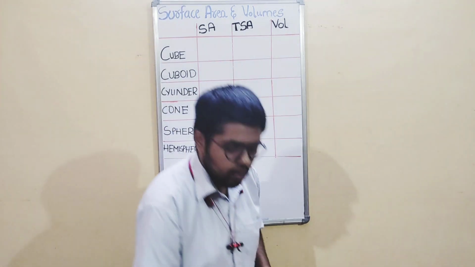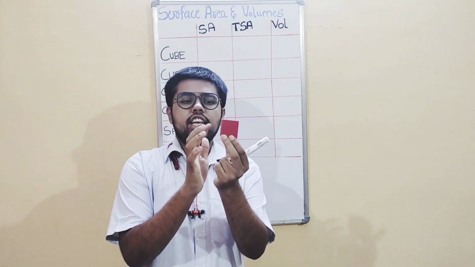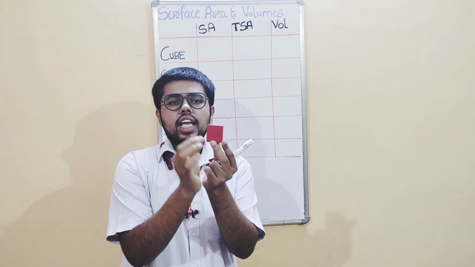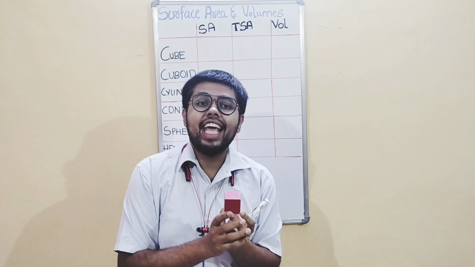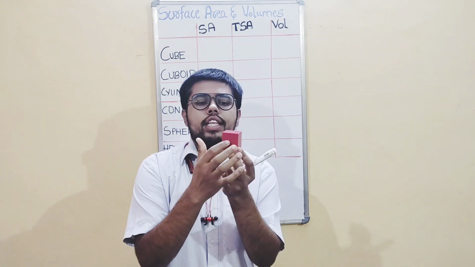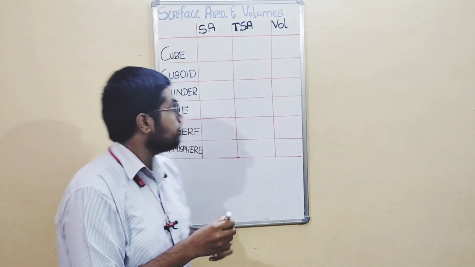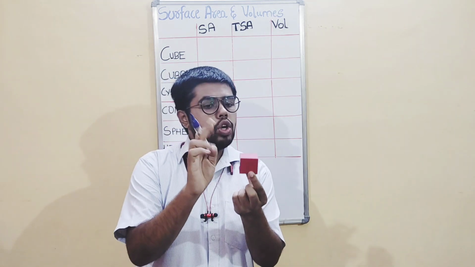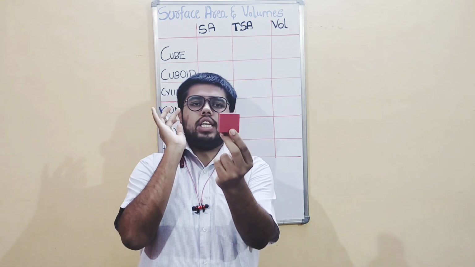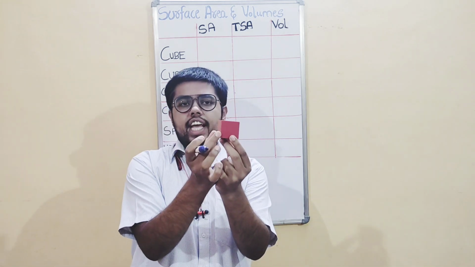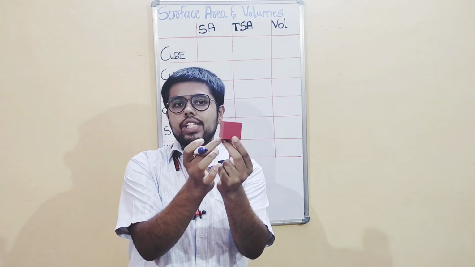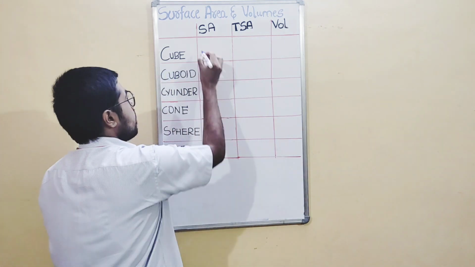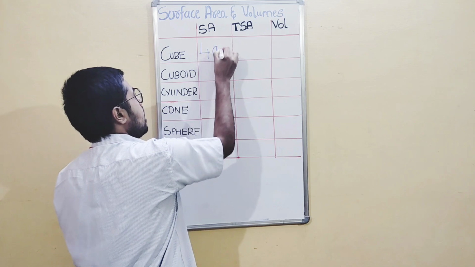So now cube, okay, it has lateral surface area with 4 faces. What is one face? One face area is a square, right? Side into side is the area of a square. Okay? There are 4 squares. Therefore, the lateral surface area of cube, I told you only consider 4 faces which you can see. Okay, 4 faces. One face is a square, a into a, side into side, or a square. 4 faces, it becomes 4a square. So I will write 4a square.